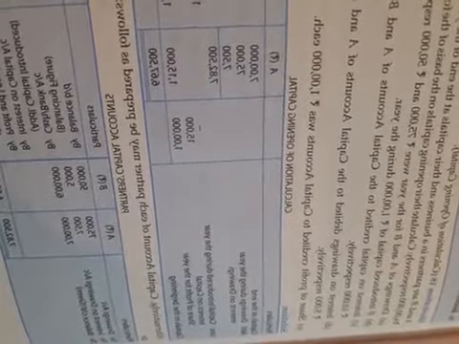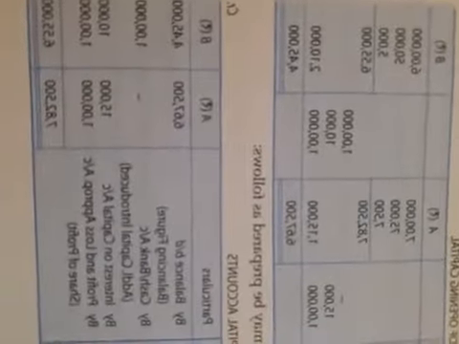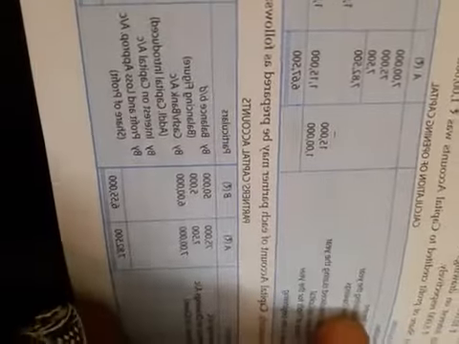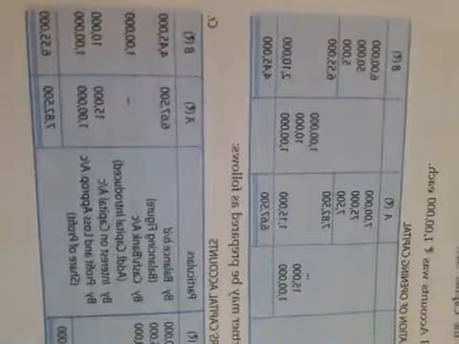So we will solve the problem in both the manners, in the statement format or by preparing the capital account of the partners. So just see the statement format. Calculation of the opening capital. First, we will take the capital at the end, that is the closing balance of capital of both the partners. A 7 lakh and B 6 lakh is given.